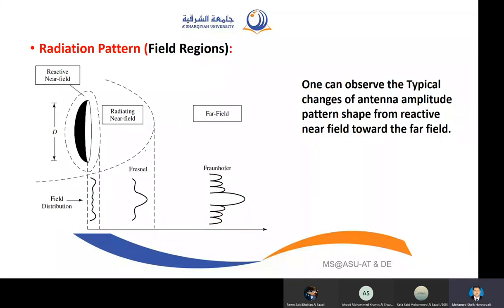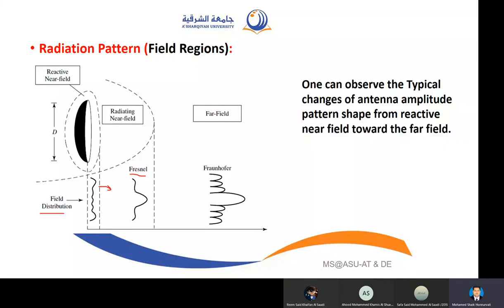Okay, there is some more information on this. For example, we have a parabolic antenna here, and you can see its dimensions. When it keeps radiating electromagnetic waves, how does it look in the different regions? If you carefully consider this field distribution, in the reactive near field region you can see the radiation lobes are not clearly formed. But if you move on to the Fresnel region, you can see they start to form clearly.